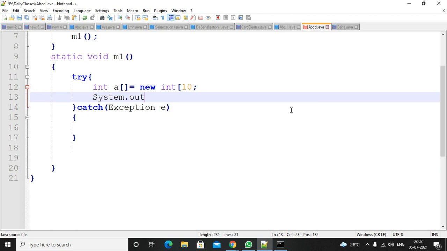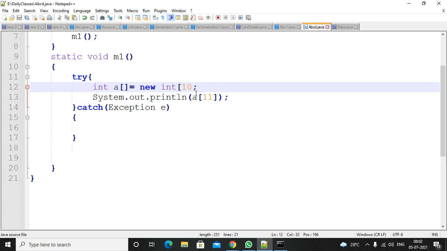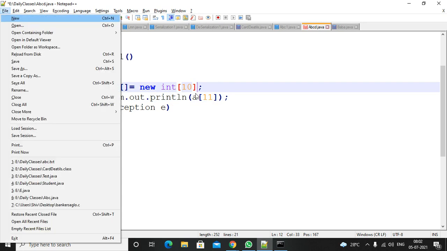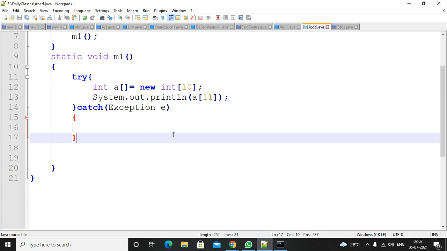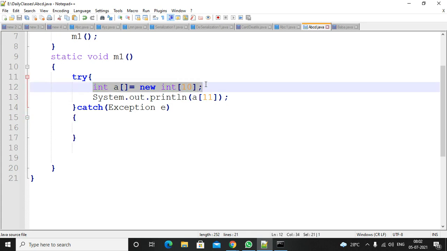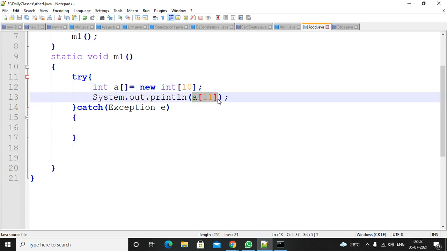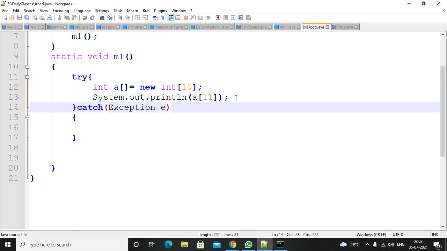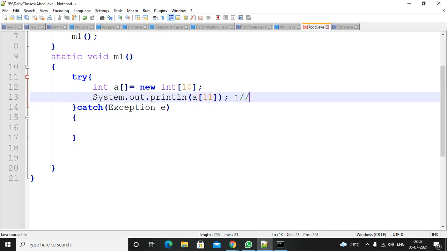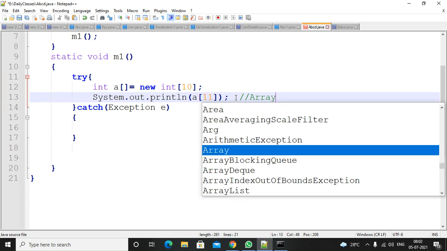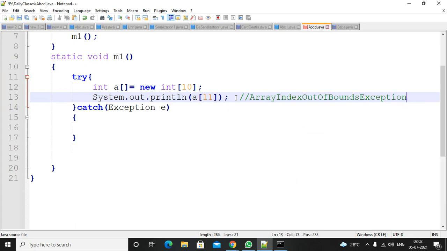If I am trying to print the array's 11th location, what will happen? In this case, you have only 10 locations. You are trying to pick the data from the 11th location. So what kind of error will it throw? Array index out of bounds exception.